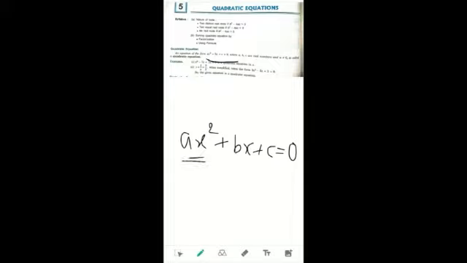In this equation we have totally 3 terms and only one variable. Just look at the first term. What is the first term? We have ax square. What is the power? It is 2. Here we have bx, and the power of x is not written, which means we can consider it as 1. Among all these 3 terms, the highest power is in the first term. That's why this equation is called a quadratic equation.